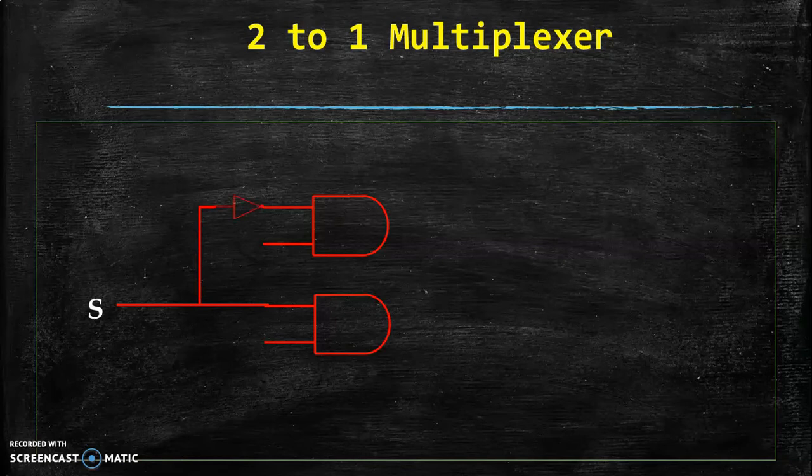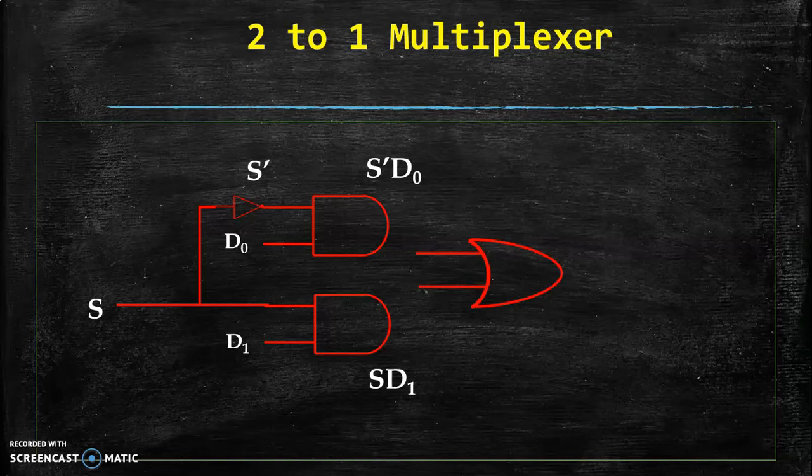We have select line S, and with the help of NOT gate, we can have S bar also. We have D0 in the AND gate with S bar, and we have D1 input to the AND gate with select signal S. So output of the AND gate we get, that is S dot D1 as well as S bar dot D0. At the last stage, we require OR gate,